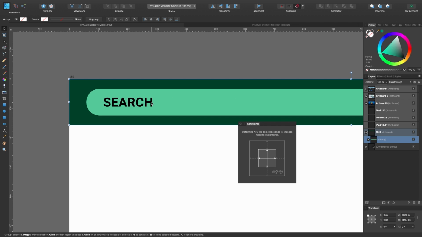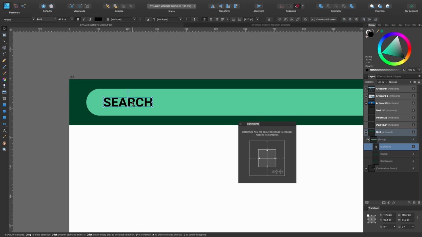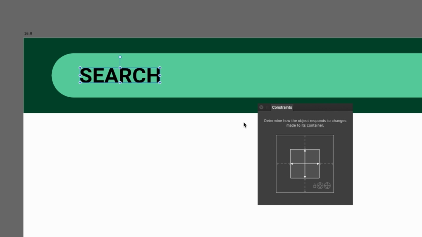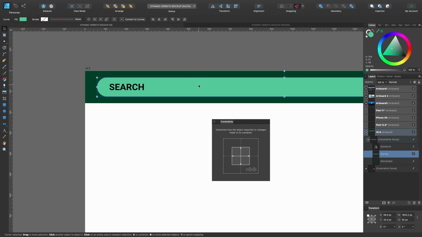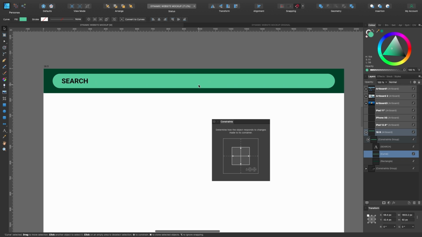So from this point, I'm going to double tap so I can get into the search. And we're going to set up the constraints for this. So like we did before, I don't want this to stretch or squash or anything, so I'm going to take both scalings off, vertical and horizontal, and I want this search to be anchored to the left-hand side, so I'm going to click the left anchor. Okay, that bit is done. Next, the search bar. So with the search bar selected, what I want to do with this one is I want it to be anchored to the left, top, and the right.